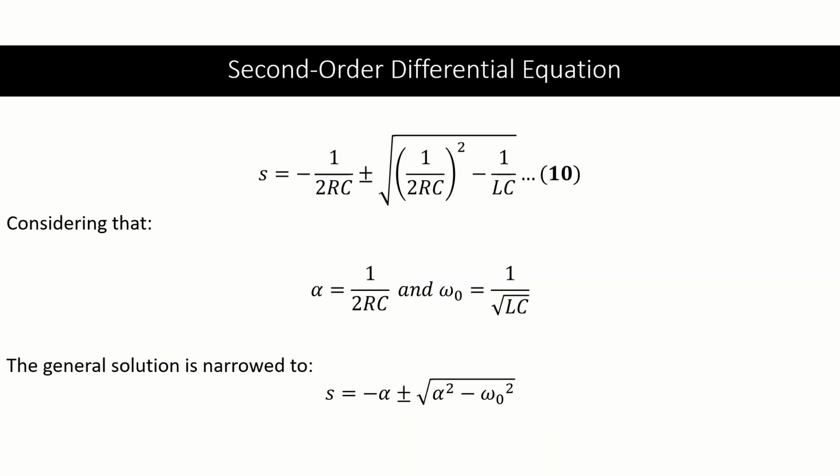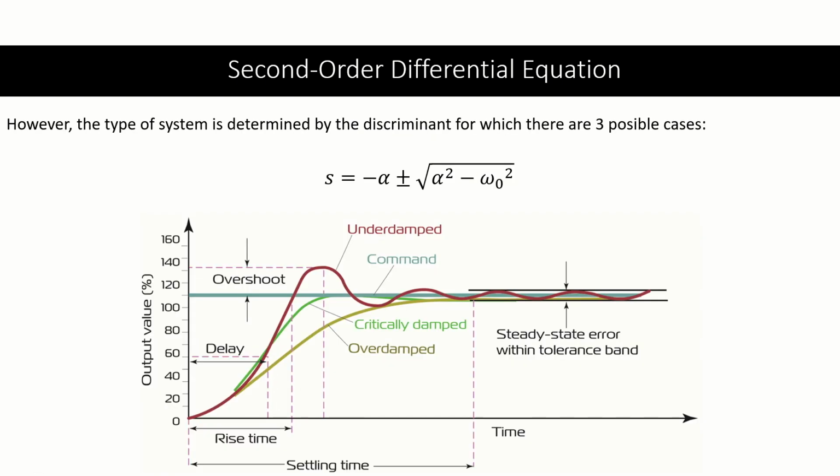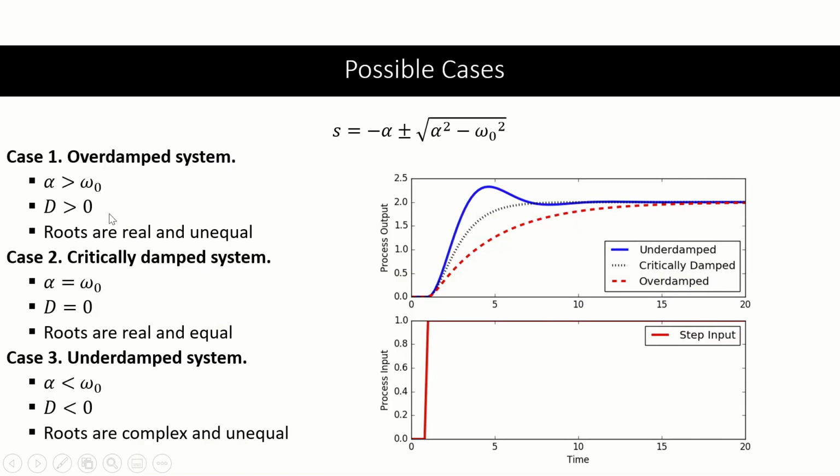However, if we reduce equation number 10 considering the parameters given by alpha and omega, the general solution is narrowed to this equation right here. However, the type of system is determined by the discriminant, for which there are three possible cases. In the very first case, alpha is greater than omega, therefore the discriminant is positive and the roots are real